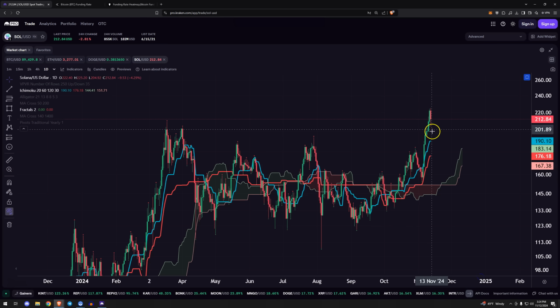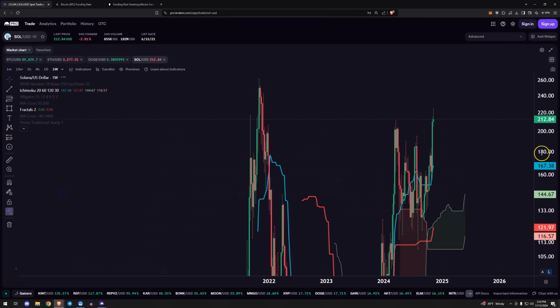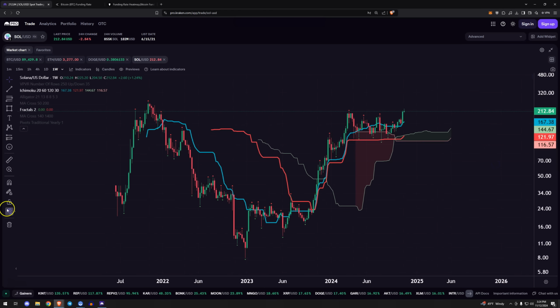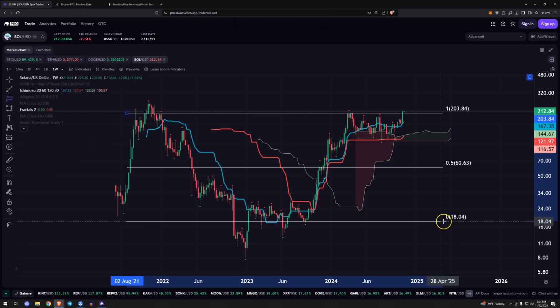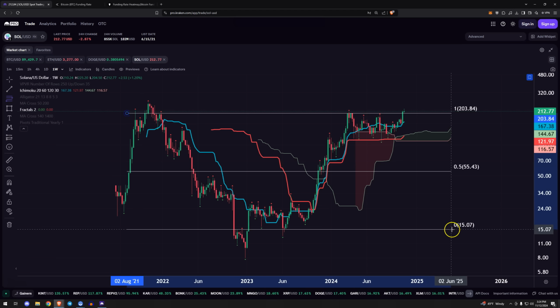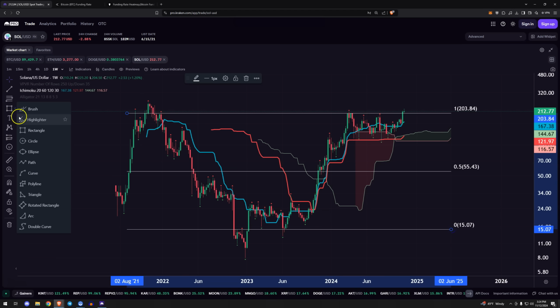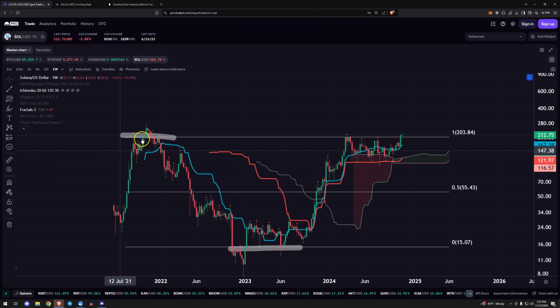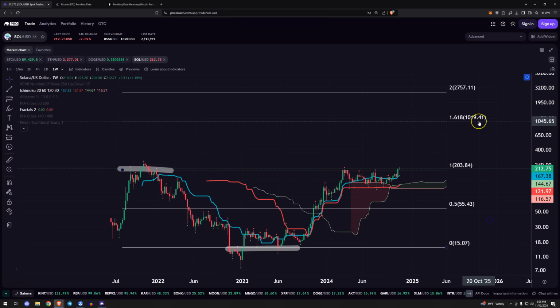SOL also looks similar. It's certainly starting to get parabolic on the daily. The weekly on SOL, just like on BTC, is 100,000% a cup and handle. If you agree with me for a minute that this is a cup and handle, and let's be conservative and just say we're going to measure from here to here. Okay, let's just say that's our measurement. Here's our depth. Our target is easily 1,000. If your target is 1,000 on SOL, that's a 5x roughly from here.